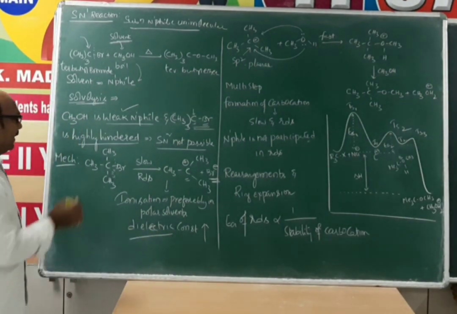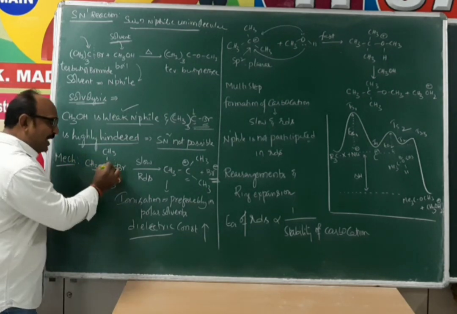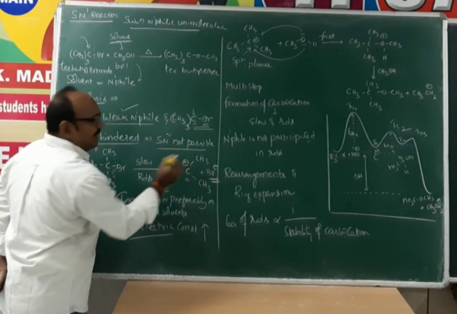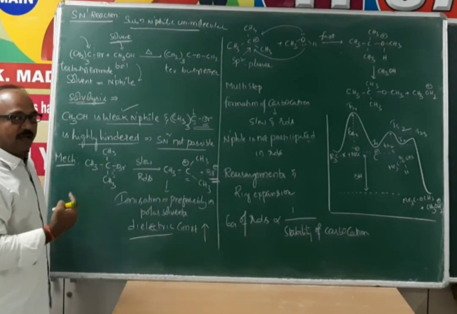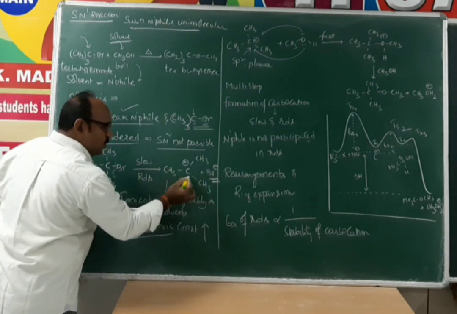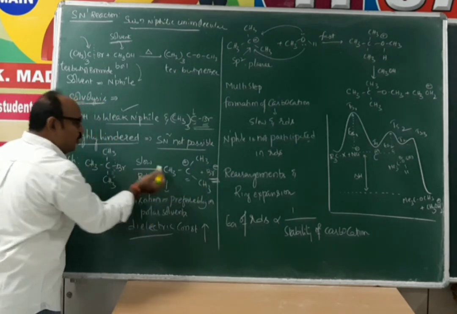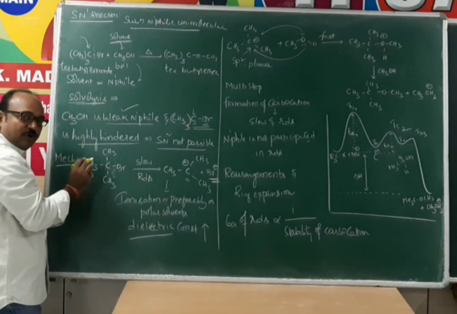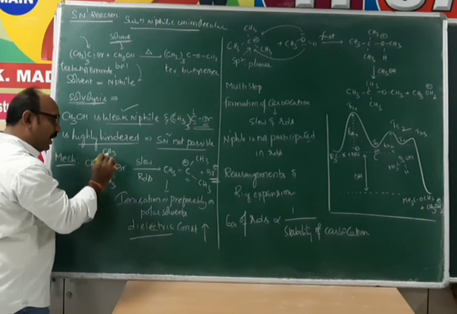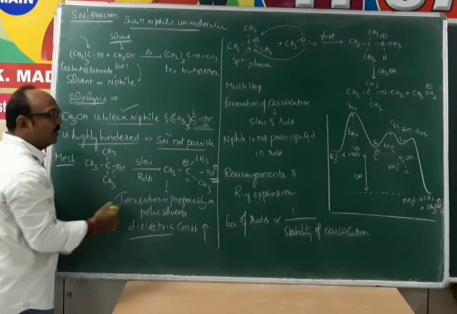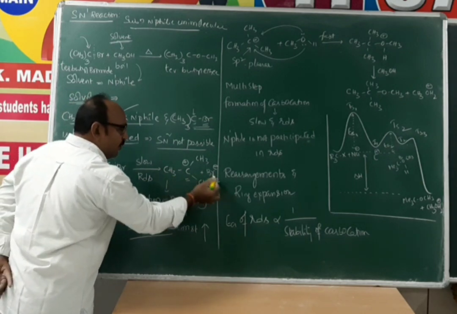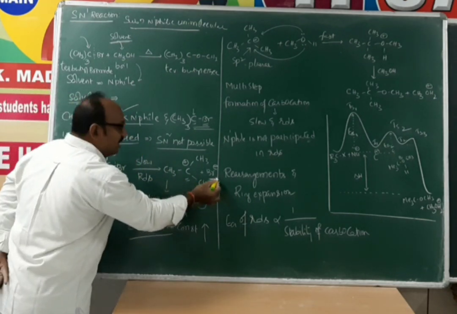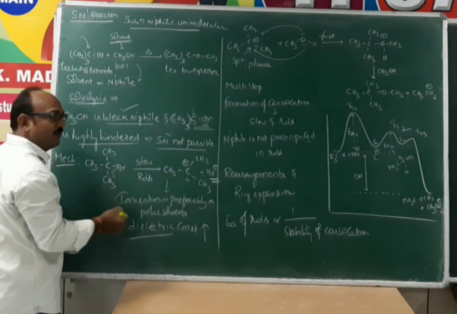So simply here, in the first step breaking of a bond generates two ions. One is a cation, another one is an anion. Until these two are stabilized, there is no possibility to get back the original reactant, right? If these two are stable, then there is no scope to get back the reaction. That means if the forward reaction holds good, then these two ions we are getting are much more stable. If these two are stable, in such a case the forward reaction takes place more, otherwise the back reaction.